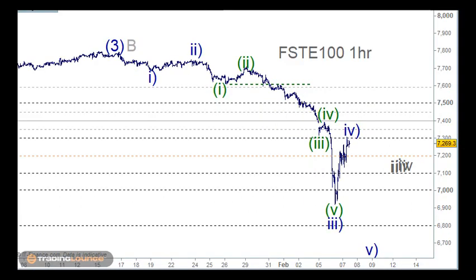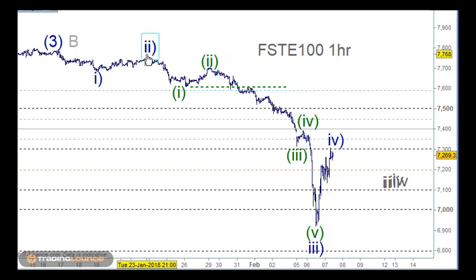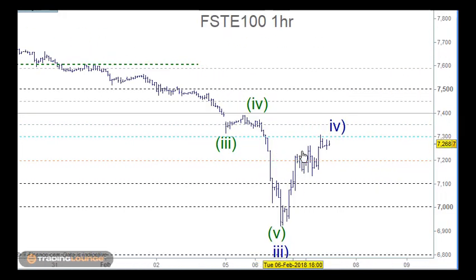So when we look at the FTSE, we need to look at it in the same way. We've got wave 3 up here. Because it's moved so much, it's a bit difficult to get all the chart in, but wave 1 and 2 here, the third wave here, the fourth wave here, and the fifth wave here for the third. So we're looking for the fourth. It would have rallied beyond its 38.2% area as well, but the wave 4 of one lesser degree is here. What I was thinking is that it will trade above this important number 3 here. So 7,000, then 1, 2, and 3, which is all of group 1.